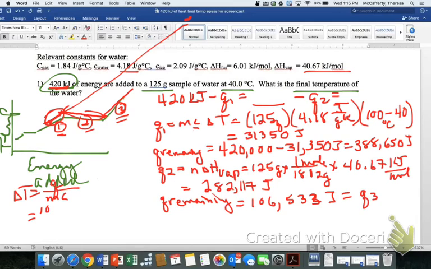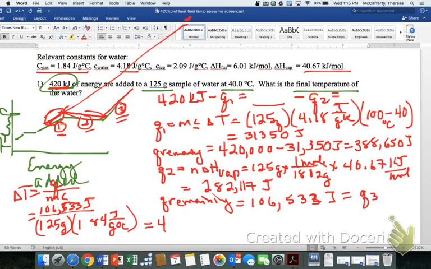So that is 106,533 joules divided by 125 grams, and the heat capacity for the vapor, for the gas, is 1.84 joules per gram degrees C. So that gives me a total delta T of